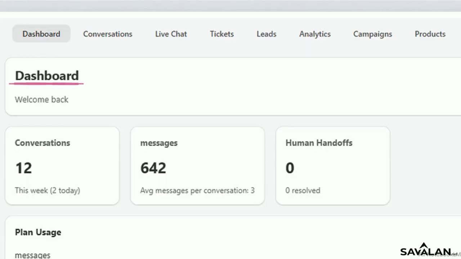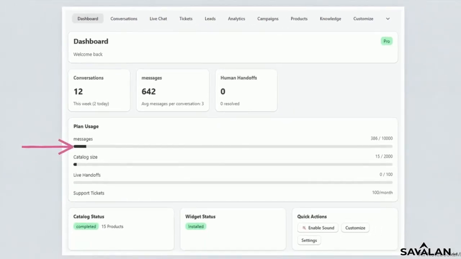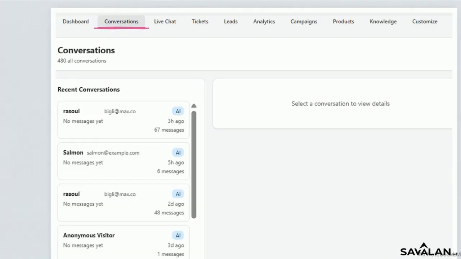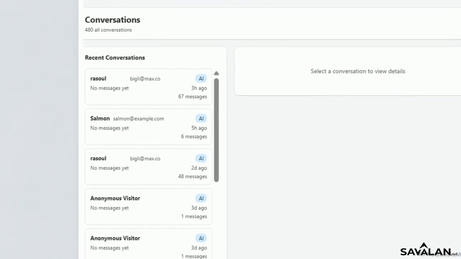Starting on the far left, the dashboard is your operational overview. You can monitor your limits using the plan usage progress bars and quickly confirm your setup is active by checking the green completed and installed status cards at the bottom. Moving to the Conversations tab, you have a complete archive of past interactions. The left sidebar lists recent chat threads and uses tags to show exactly which conversations were handled autonomously by the